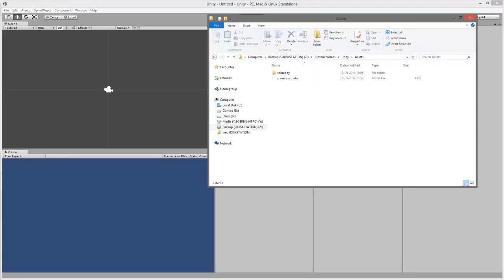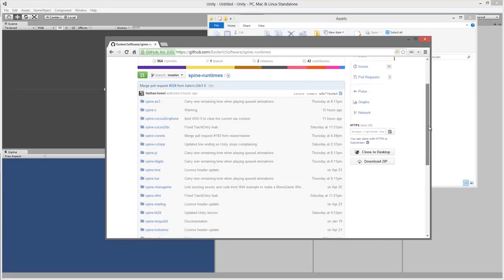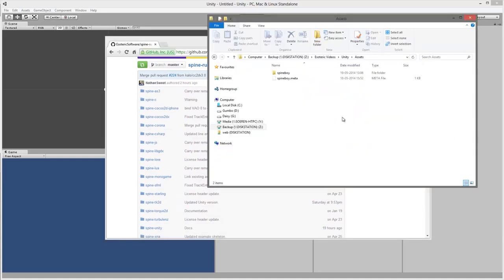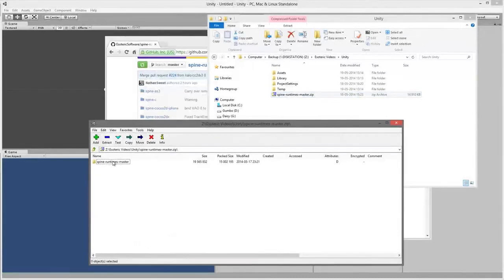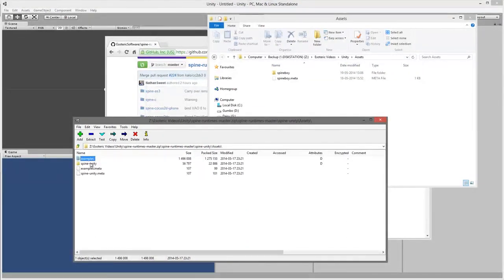So if you go to our GitHub page here, which is at github.com/esotericsoftware/spine-runtimes, you can download our runtimes from there if you click the download zip button. I've already done that, so I'm just going to go to that folder and open up that zip file, go into it, and just move the data that I need. I'm going to go into Spine Unity, Assets, and take the Spine-Unity folder here, put it in there,